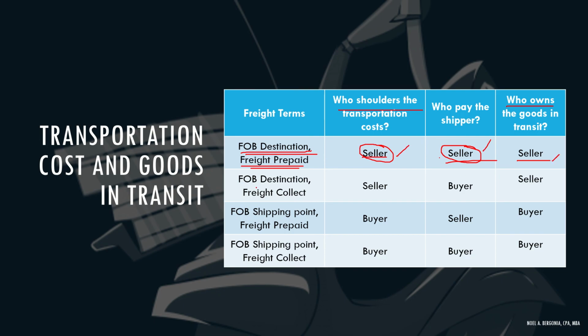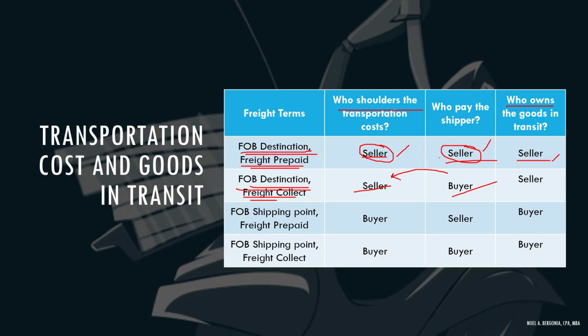Okay? Pero, pag FOB destination ka, okay? 'Di ba? FOB destination, ang kailangan magbayad ng goods or the transportation cost would be the seller. And then freight collect. Sino po yung nagbayad? Ang nagbayad po ay si buyer. 'Di ba? Freight collect ang nagbayad si buyer, pero ang dapat magbayad dahil FOB destination ay si seller. So mangyari diyan, magkakaroon tuloy ng singilan sa dalawa, no?